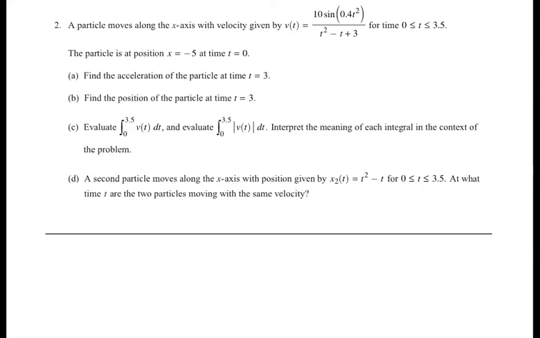14. Part A says find the acceleration of the particle at time 3. So you need to tell the person grading it that you know this v of t up here, that v prime of t, actually we're going to put 3, is equal to a of 3. And then you're going to hit math 8 on your calculator. And instead of t's, use x's, and then plug a 3 in at that last step. And this comes out to be negative